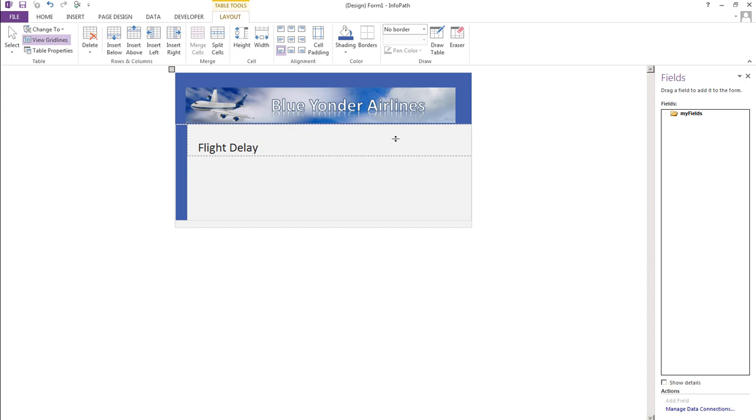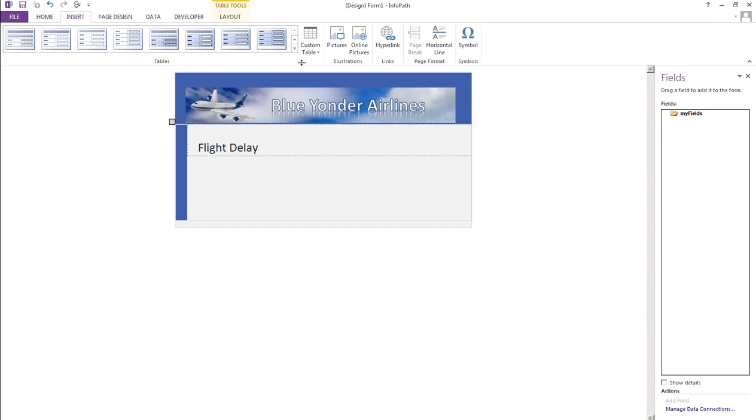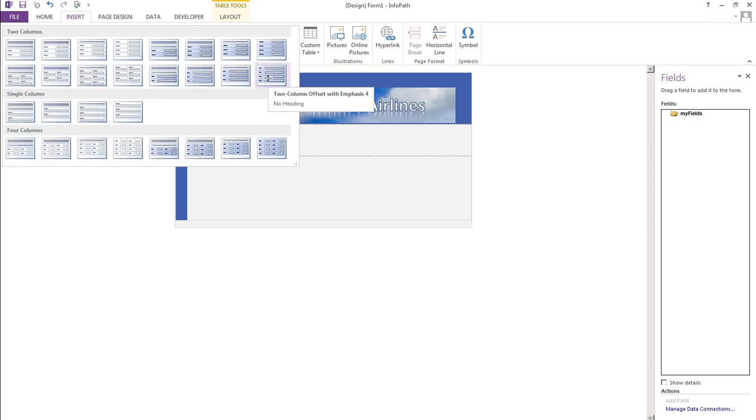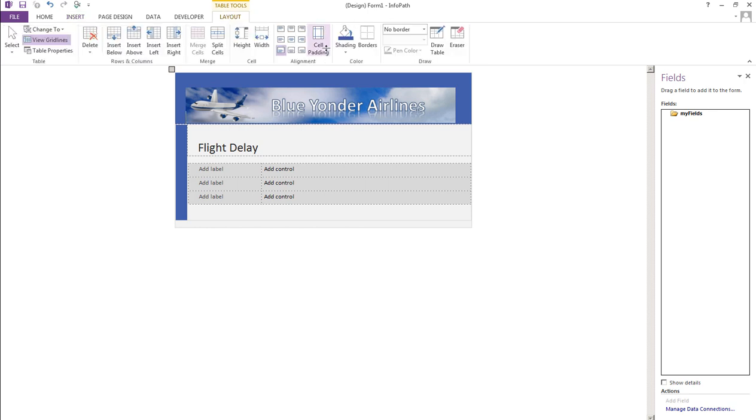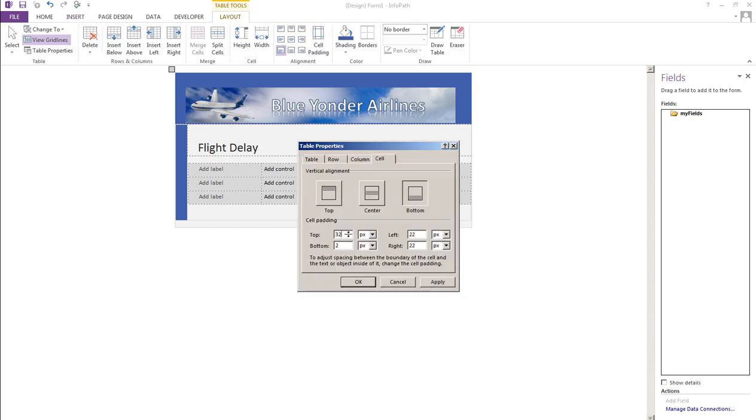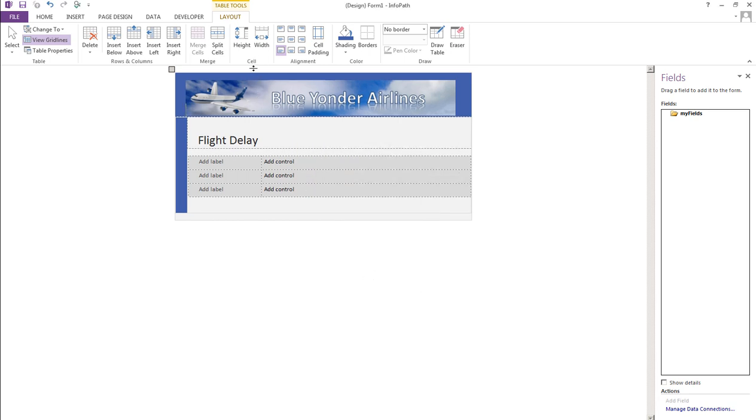The next thing I want to do at the bottom here is insert a table. So if I go to insert tab, I'm going to select this table option, 2-column offset with emphasis 4. That's very nice. The next thing I want to do is reduce the spacing, the cell padding here at the top of the actual logo, and I'll click on the layout tab, select cell padding, and change the top from 32 to 16, and you'll see that it goes up and reduces the space,